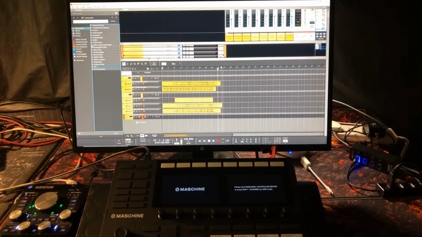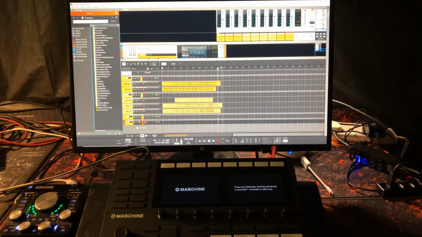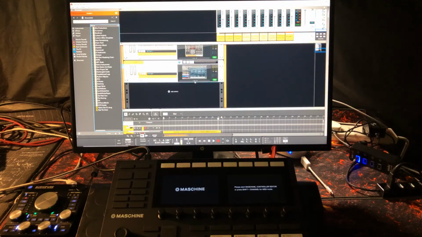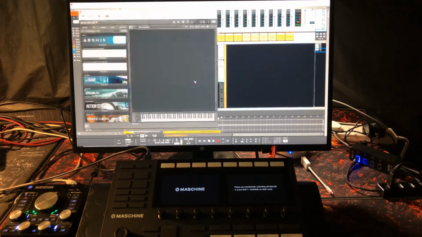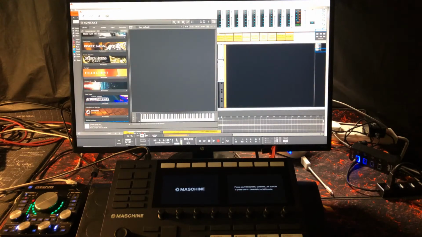Native Instruments, it's called Rise and Fall. It's really, really cool. I'll open this. I haven't got a keyboard plugged in because I've got the other thing in, but Rise and Hit,